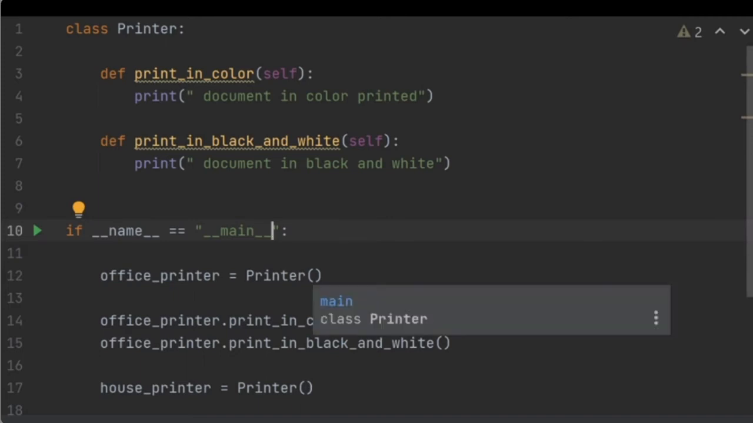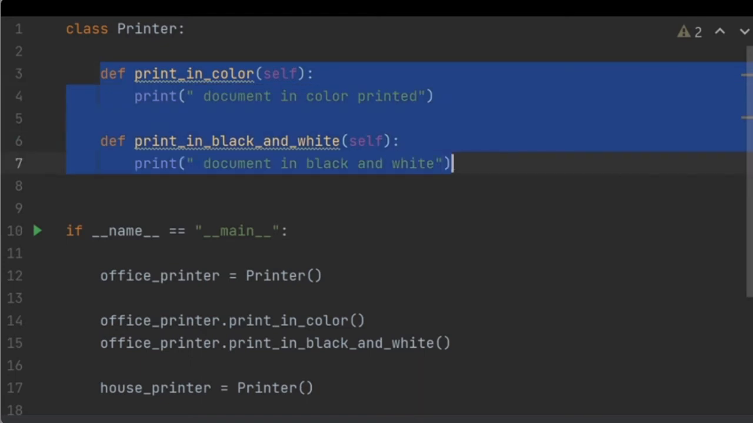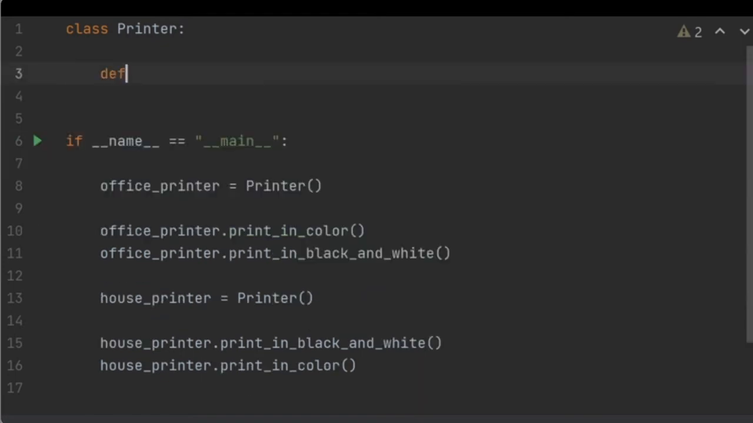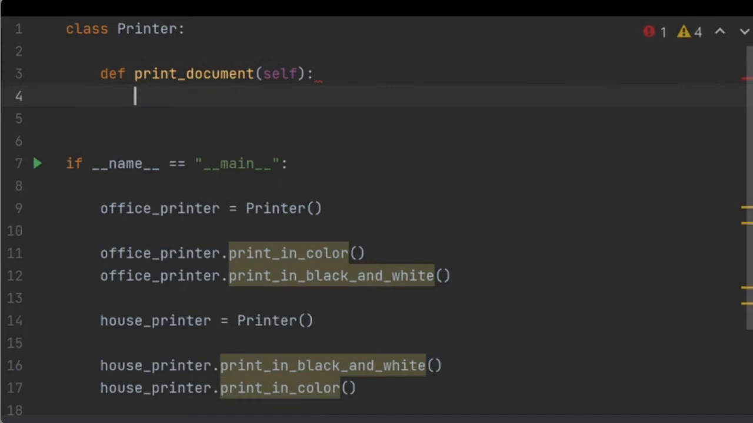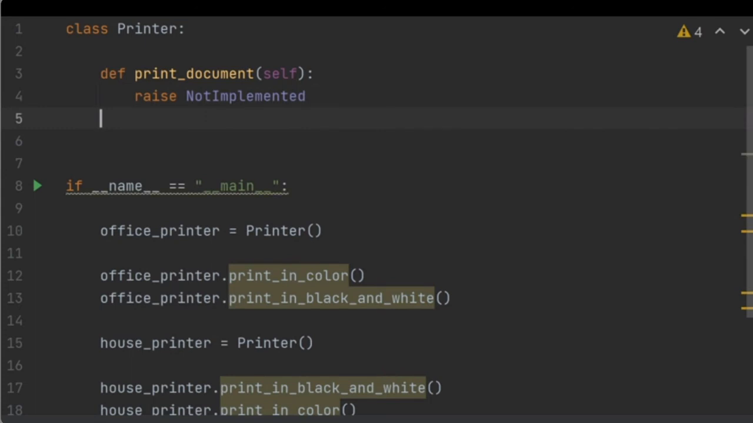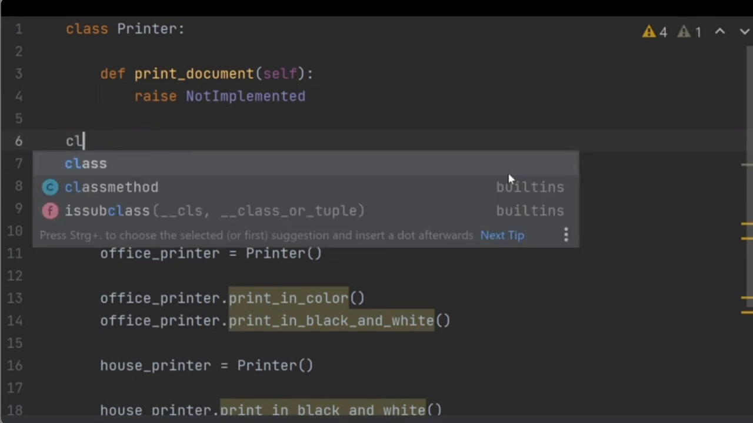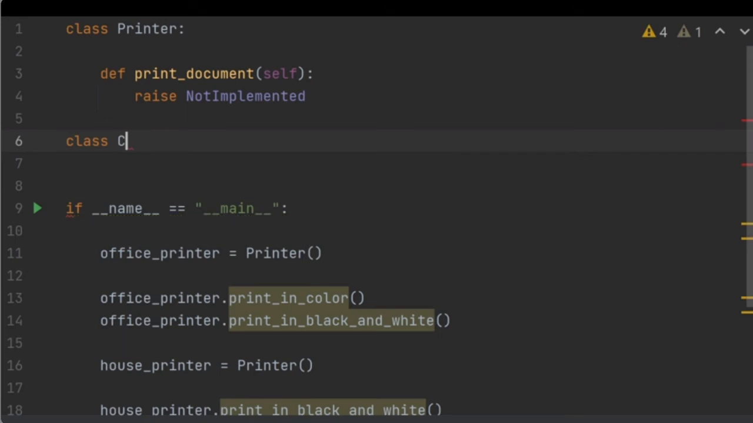Okay, now let's make the changes. Okay, we will just create class printer. We will create it with just one method. We call it print, for example, print document. Okay, and this method will not be implemented, so we'll raise not implemented. This method should be implemented in the subclasses, like the class